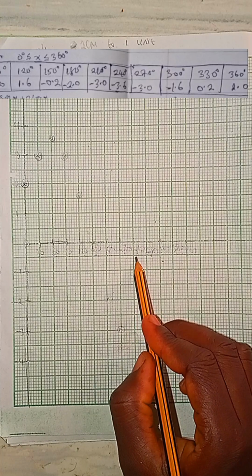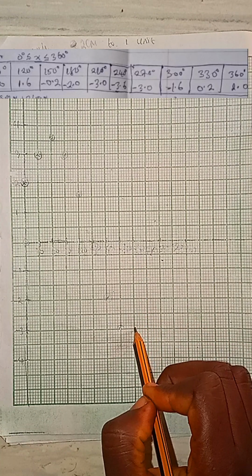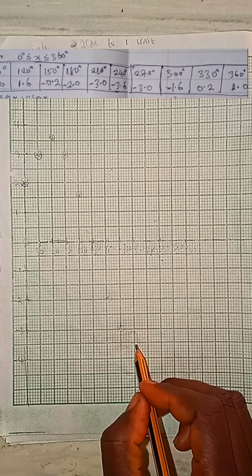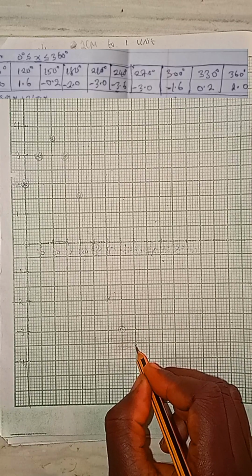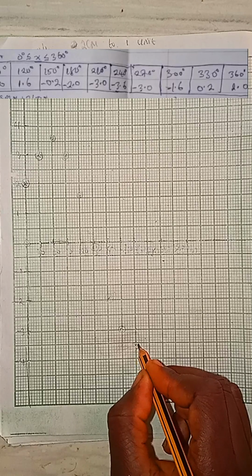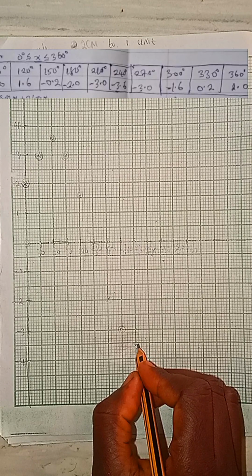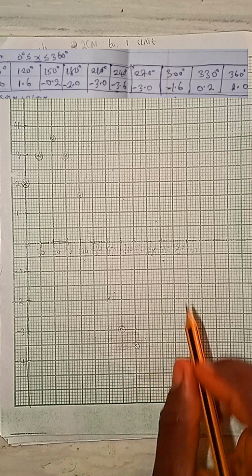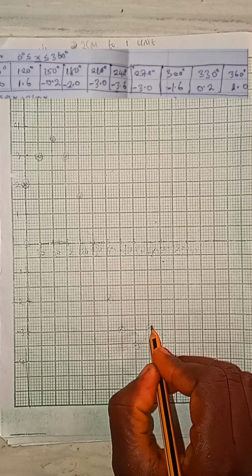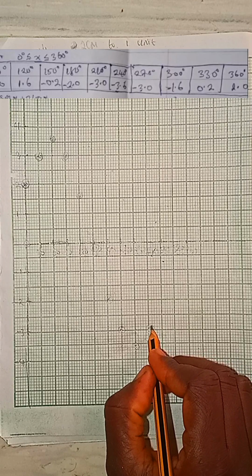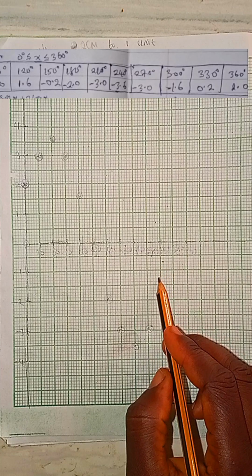When x is 240 degrees, y is minus 3.6. This is 3.0, 3.5. After the thick line, the next line is minus 3.6. When x is 270 degrees, y is minus 3.0. When x is 300 degrees,